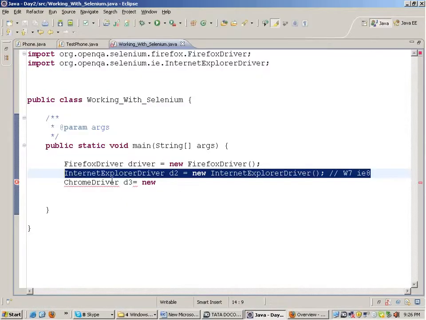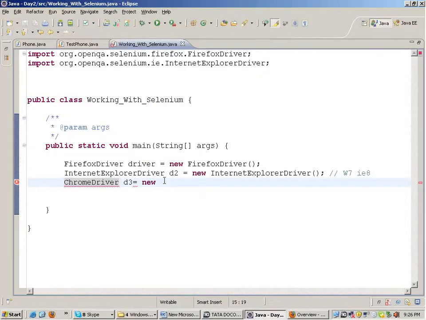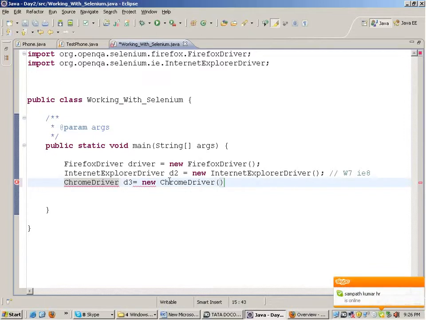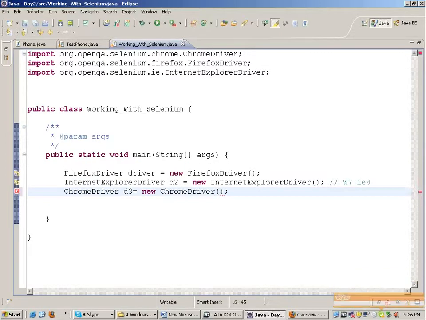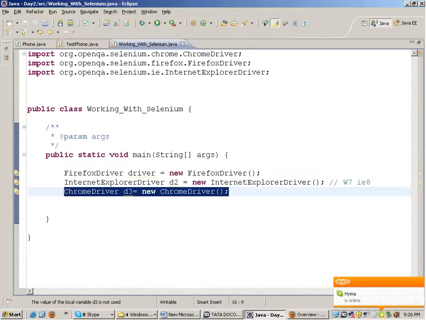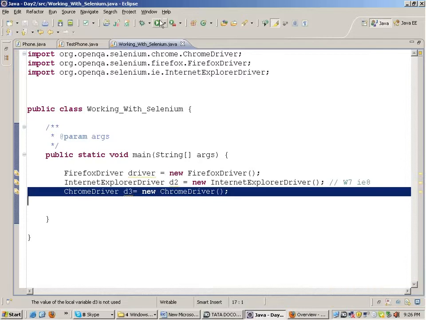Now the third is Chrome driver. D3 equals new Chrome driver. Now who is responsible behind Selenium? The major entity responsible behind Selenium is Google. And who is responsible behind Chrome? Google. So they always make sure that it works on Chrome. Always. But if I run this code now, if I directly try to run this,